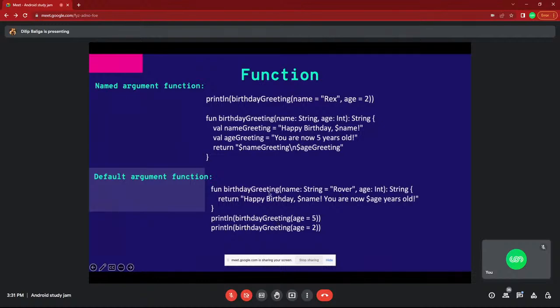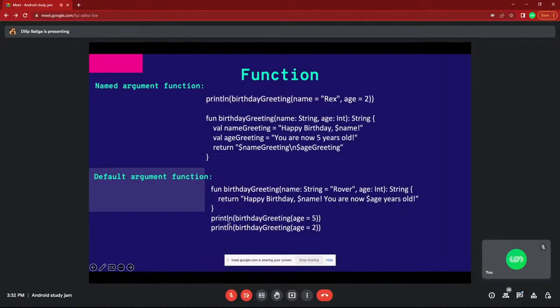This is the function name, birthday greeting, and name is the first argument, string is the data type, and the default value is rover. Age is another argument, int is its type, and string is the return type. You already mentioned the return value, this is what the function returns.